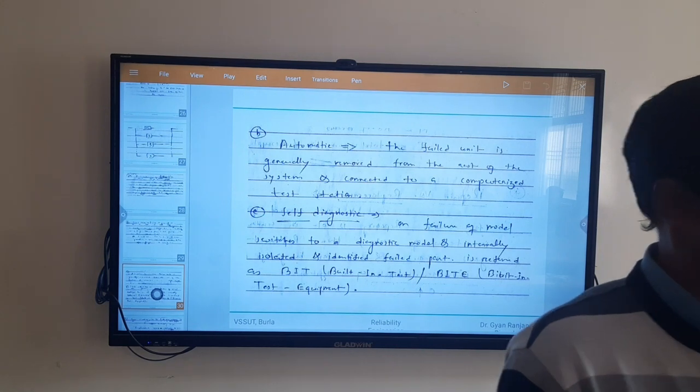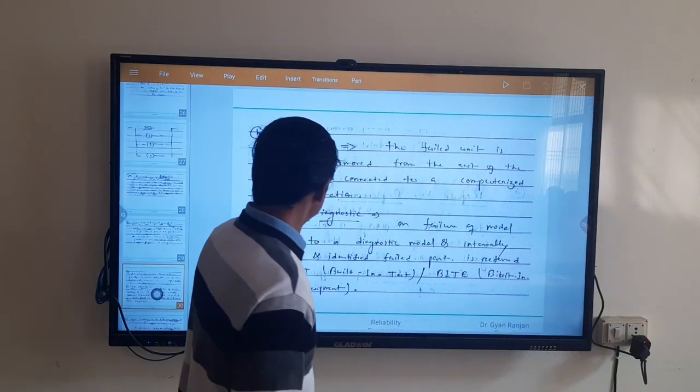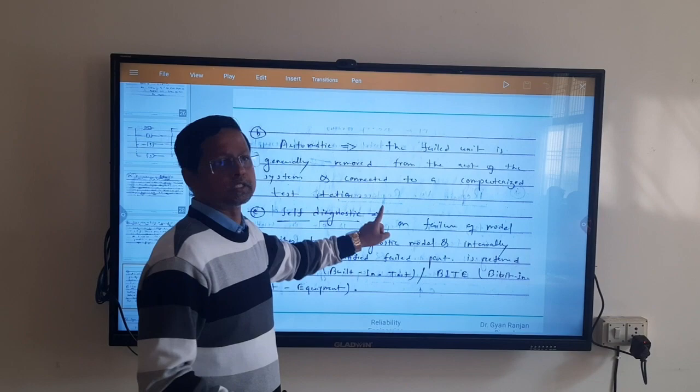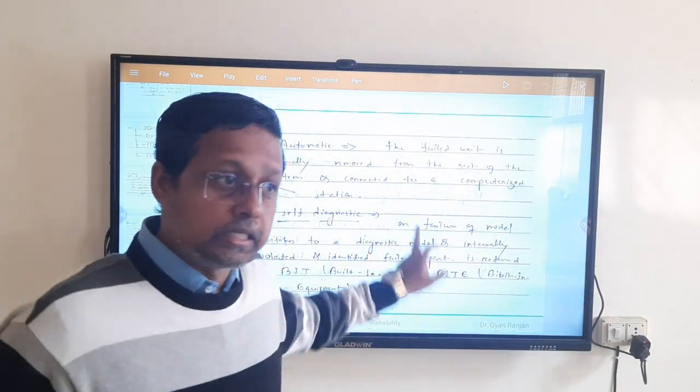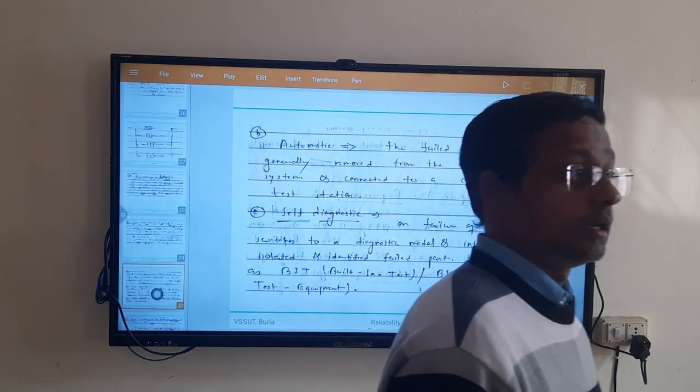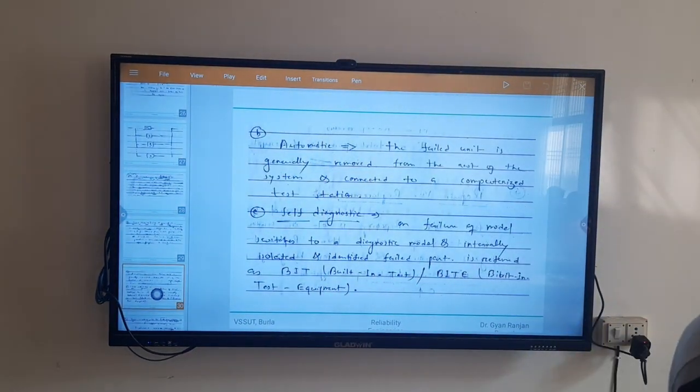Fine. So in that particular case, it is always advisable to go for a self-diagnosis module. Even if it increases my cost, it ensures higher availability. Remember, your installation or commissioning cost is one time. Maybe for the next 5 years, maybe for the next 10 years, maybe even for the next 20 to 40 years, depending on technological upgradation. Right? Fine. If it is the electronic industry, obviously it's a fast changing world.